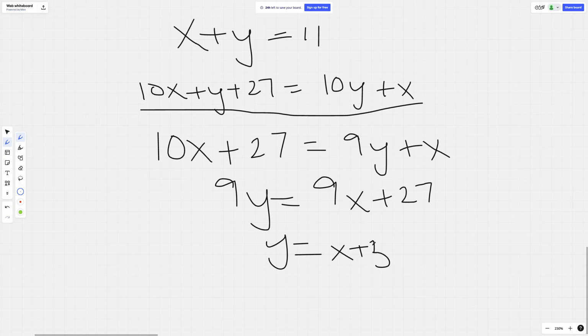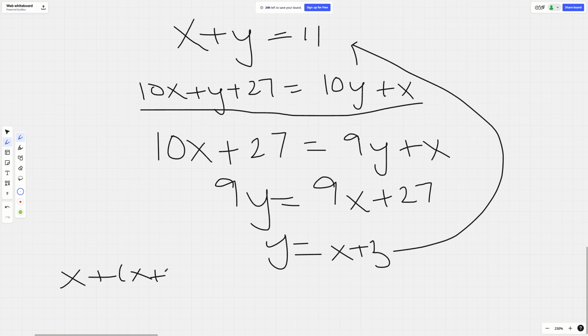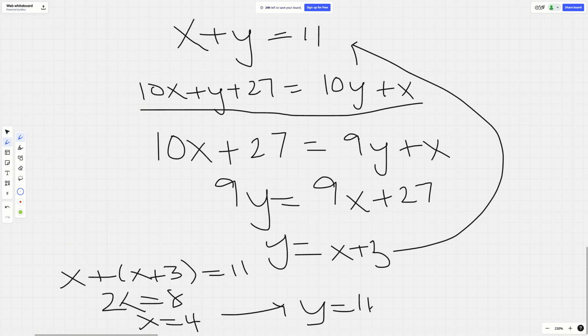Now that we've got y in terms of x, let's plug that into the first equation. Doing that, we see that x plus x plus 3 is equal to 11. Combining like terms and simplifying the equation on both sides, we see that 2x is equal to 8, or x is equal to 4. And so if x is equal to 4, well then y would equal 11 minus 4,